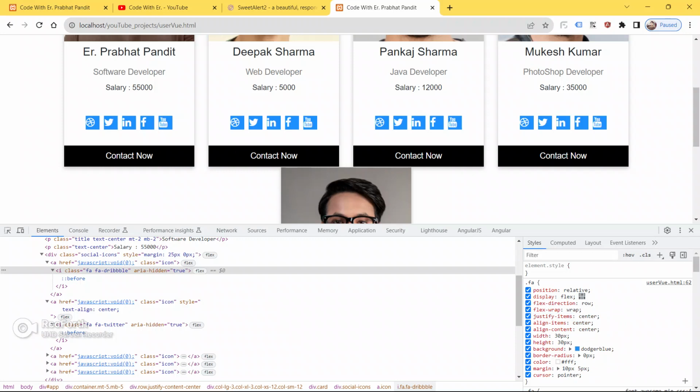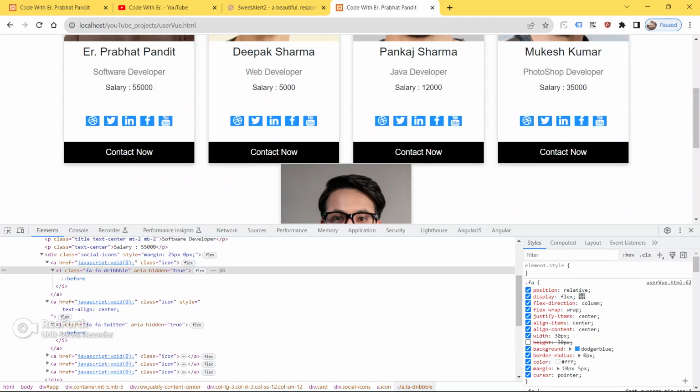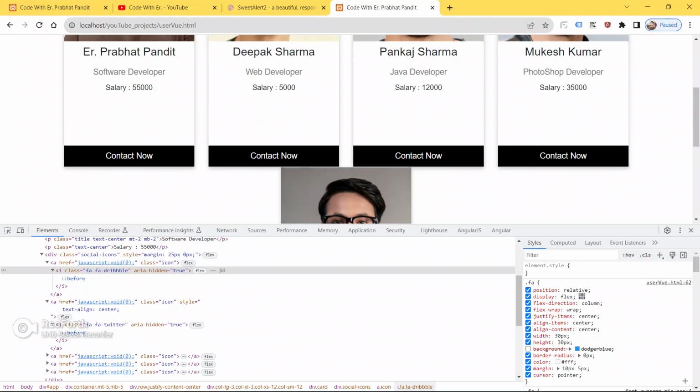Okay, so flex direction, put column, and flex wrap, and justify content, align item center.